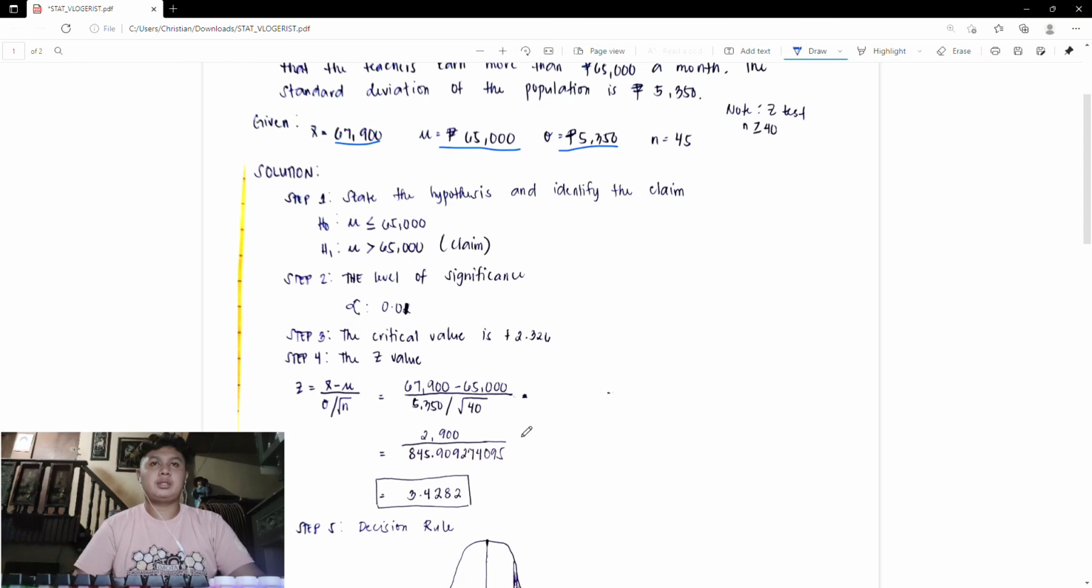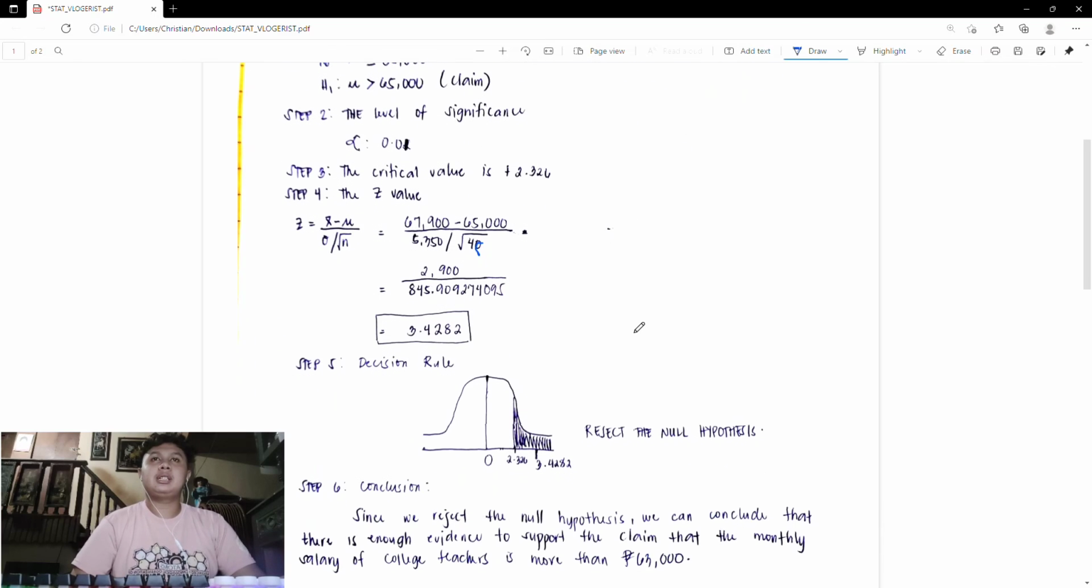45. So 2,900 divided by 797.5 is equal to 3.4282. So our decision is